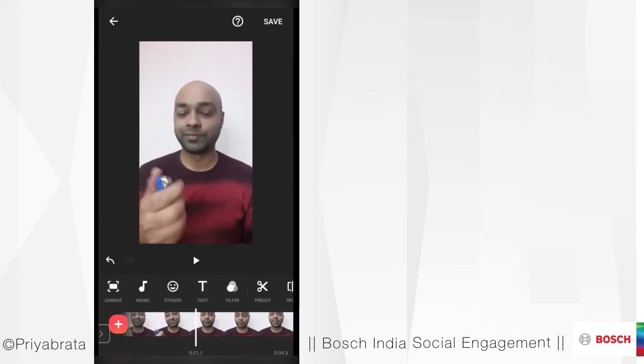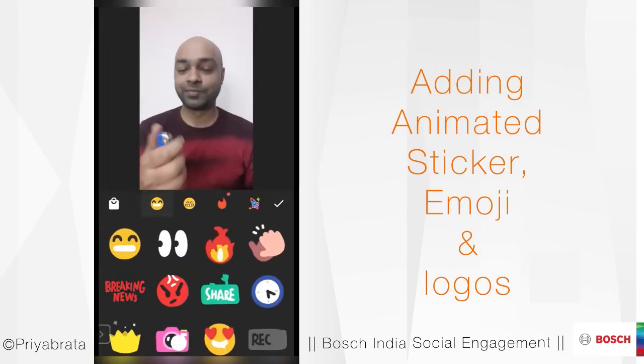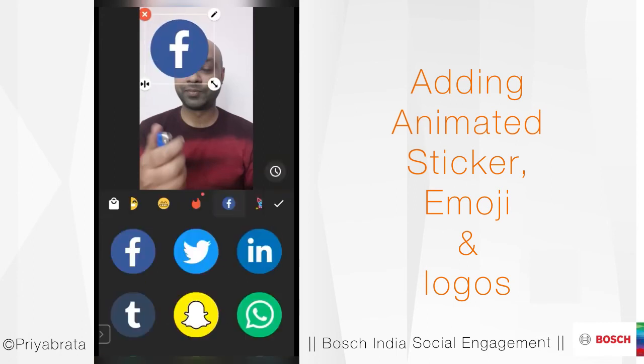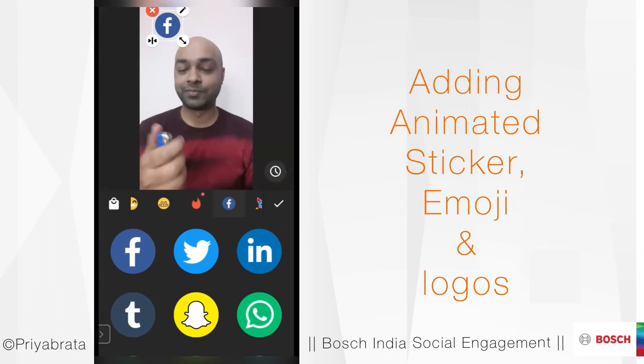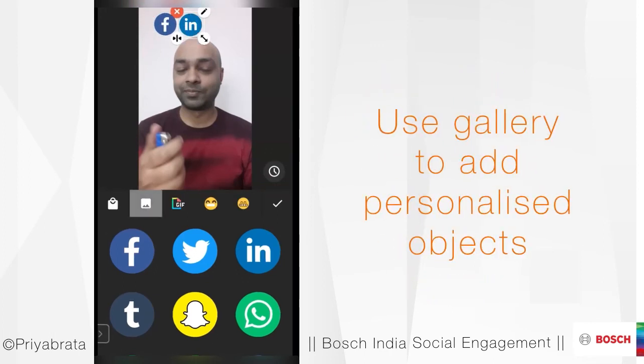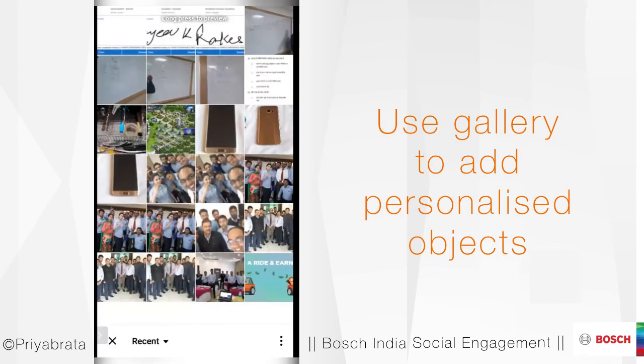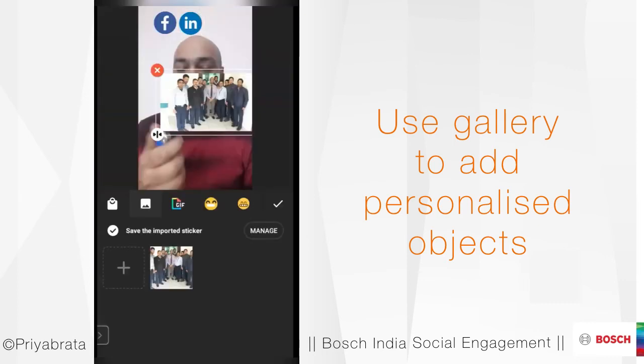If you look at the options above, there is one called sticker. You can add different kinds of emojis. Now the image of the Facebook icon has come in. I can resize it and move it somewhere here. You have the gallery option right here. An image you have downloaded already, you can add it as an